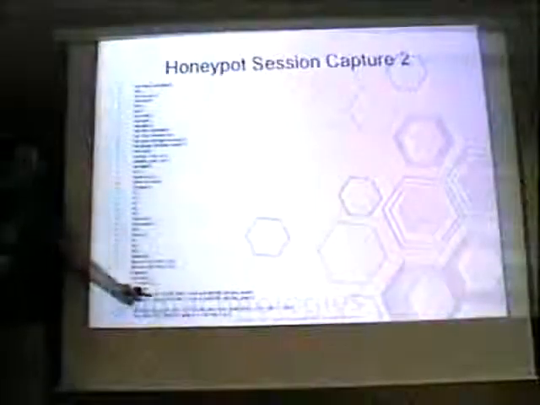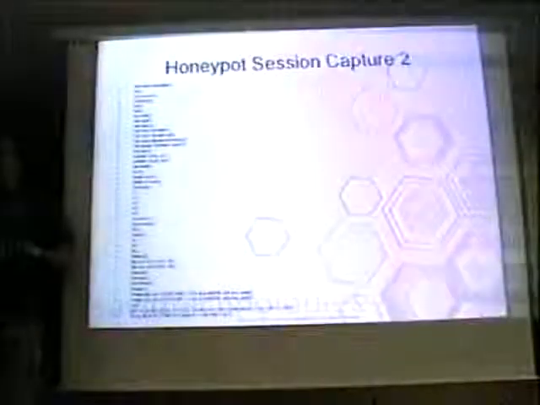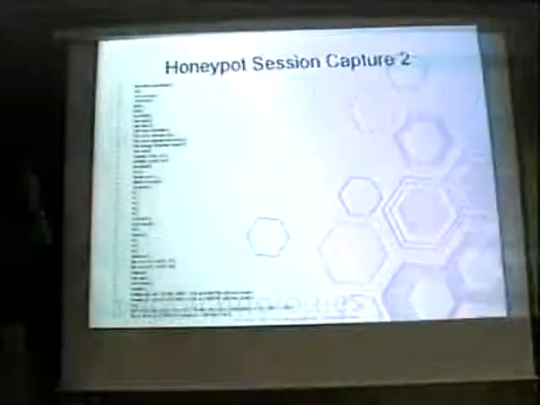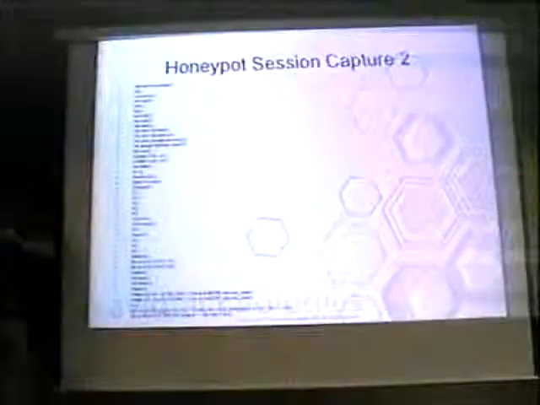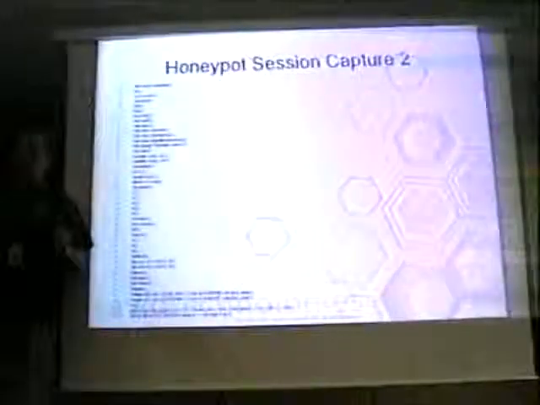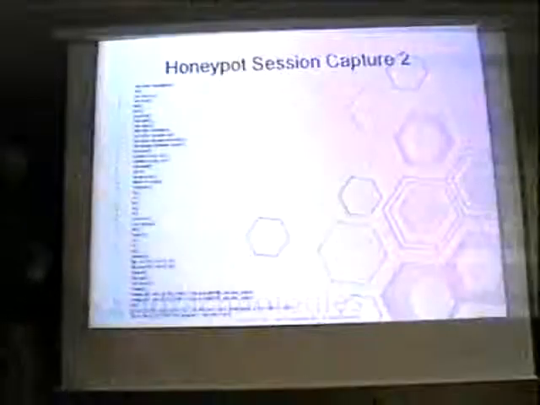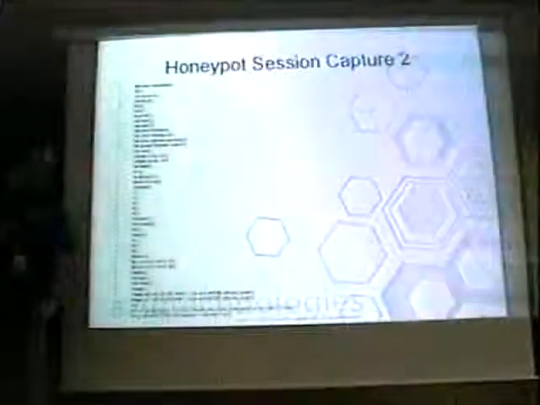Like, what kind of switches do they like when they're using Nmap? So what do they favor? Right? And that's a good insight into somebody who's trying to break into your network, or is broken in, and is trying to exploit the rest of your network. What are they going after? How smart are they?